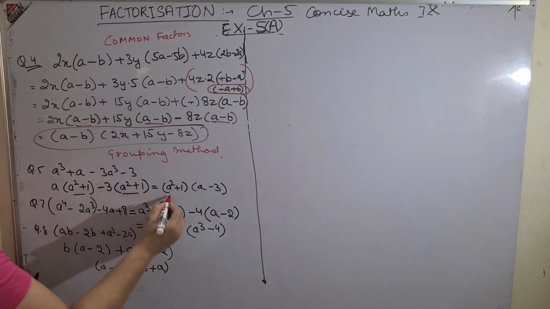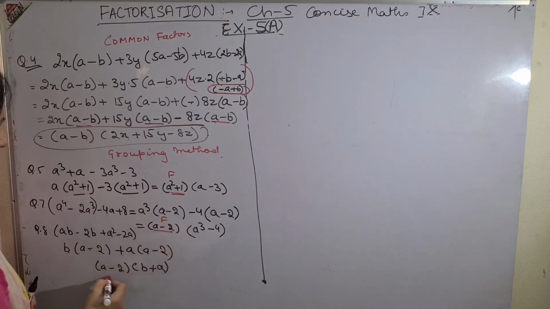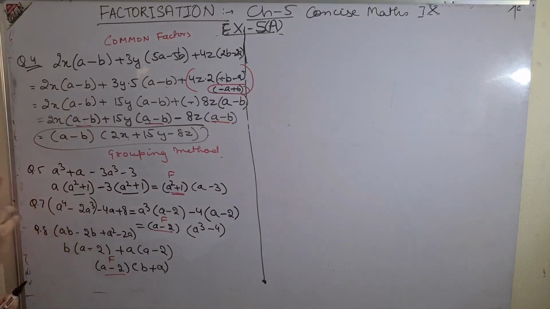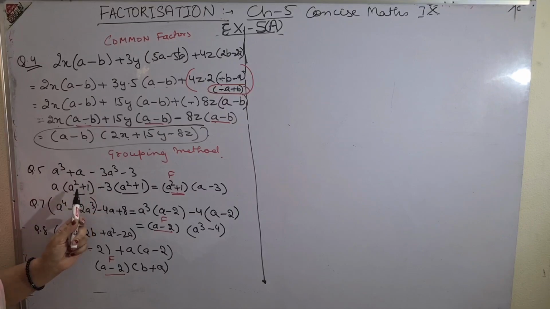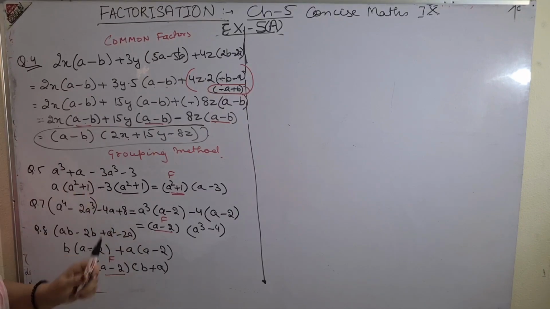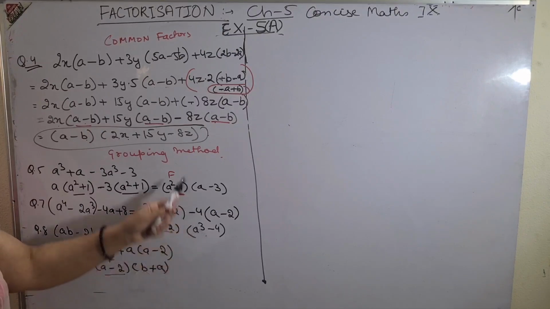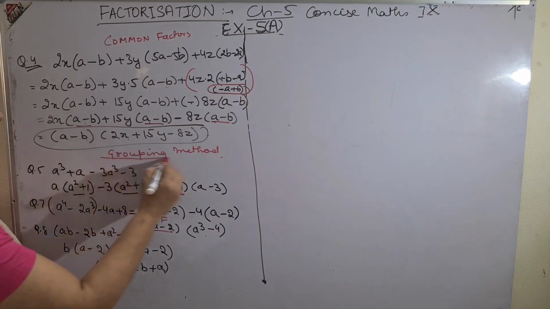In all the sums I am taking out the common factor. I am writing F here so that when you revise, this should always come in your mind that ma'am first took out the common factor. I tried to turn this expression by making the common factor. Then I took out the common factor and the left terms from the first or second was in the second, and this was my right answer which was expected from me. This is said to be by grouping method.